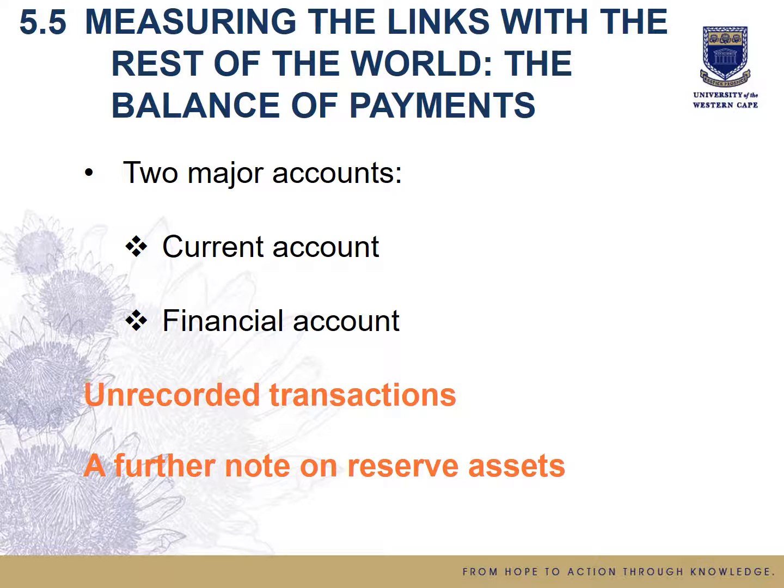If there is a surplus on the current account trade balance, it shows that the value of exports exceeds the value of imports for the period under review, and the reverse is true. If there is a surplus on the financial account, it shows that there had been more funds flowing into the country, thus a net inflow of funds during the period under review, whereas a deficit on the financial account reflects a net outflow of funds from the country over the period under review.